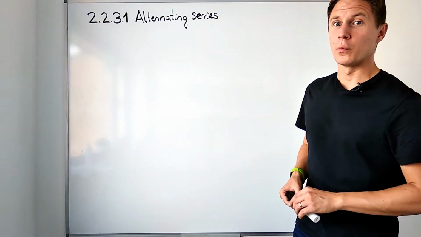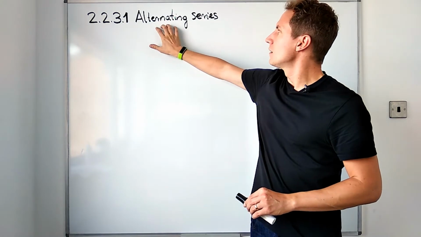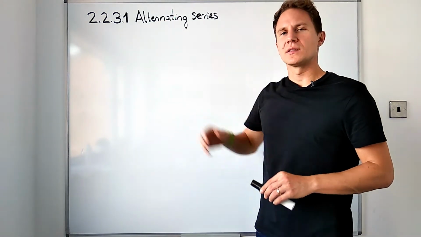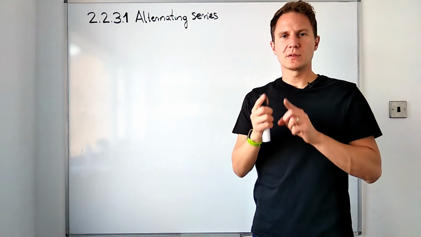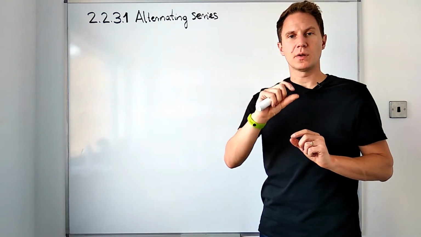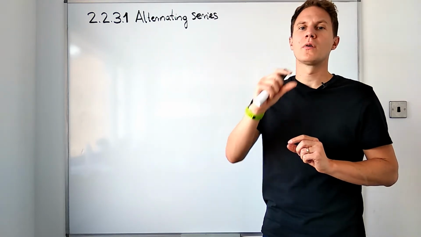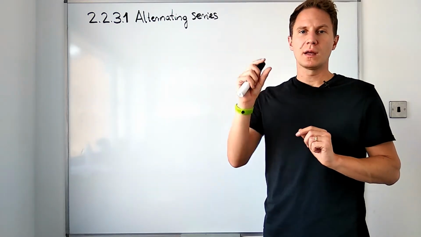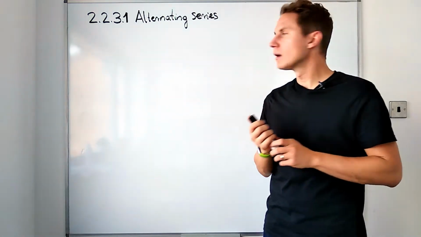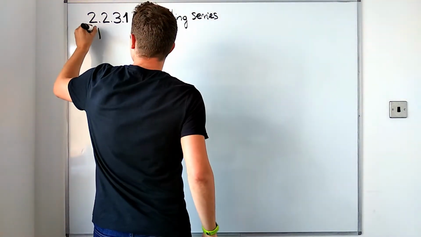In this video, we'll look at a very special type of series, the alternating series, which are series in which the subsequent terms have alternating signs. So the first term might be positive, the next term will be negative, the one after that is positive, and the signs keep alternating. So let me give you this definition